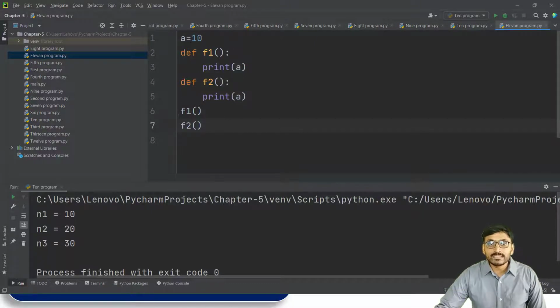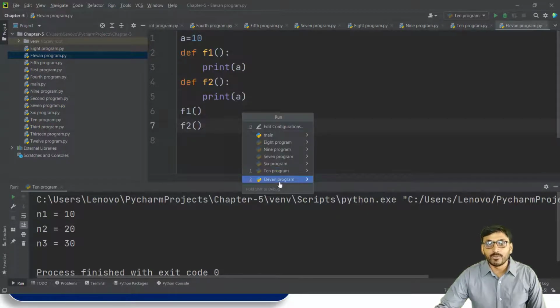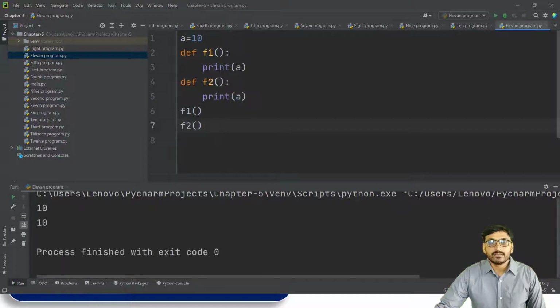This a is equal to 10, this value is transferred to the function f1 and to the function f2. Now if we run this program, then we get output 10 and 10, because this a is equal to 10 is a global value that is used by all functions.